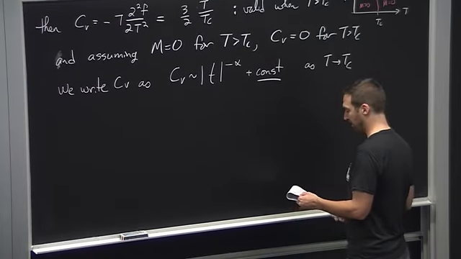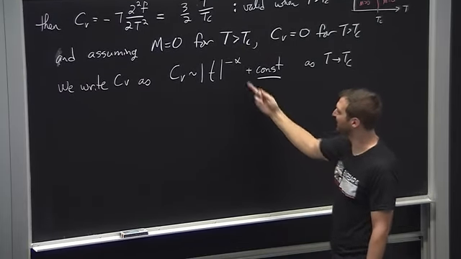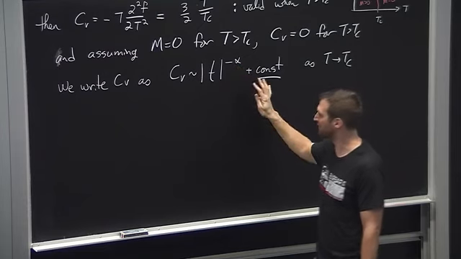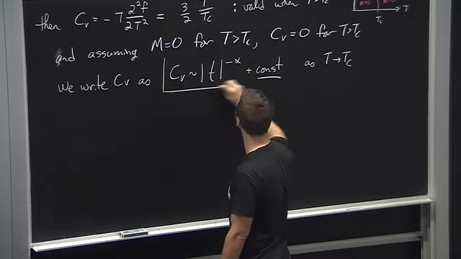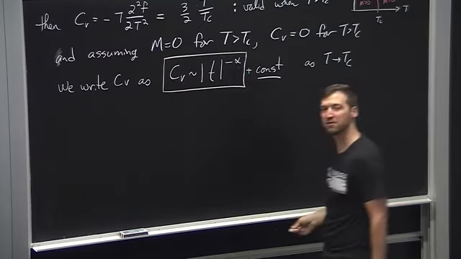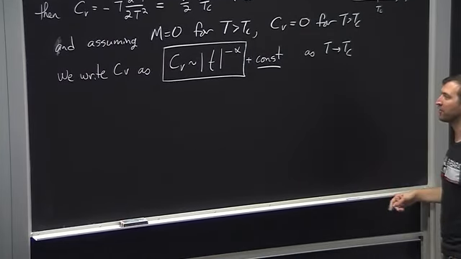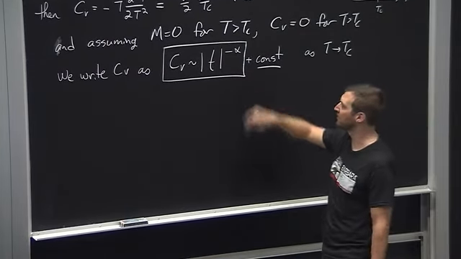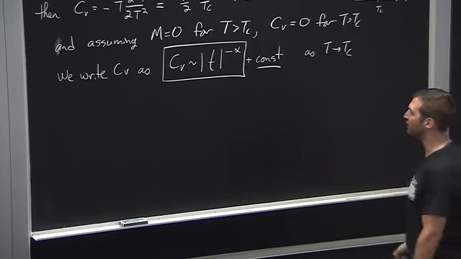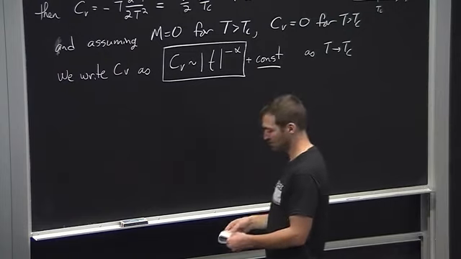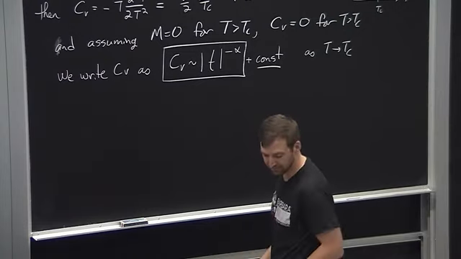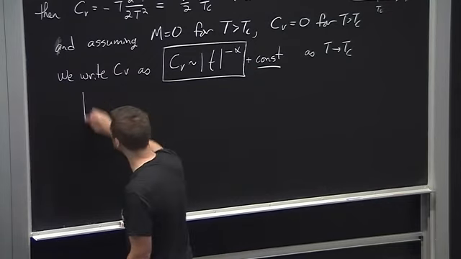So in mean field theory, if this is how we write the specific heat, in order to define a universal number, which I'm calling alpha, then alpha is 0 for the mean field theory. Because what it looks like is